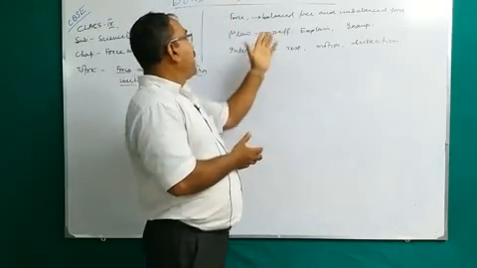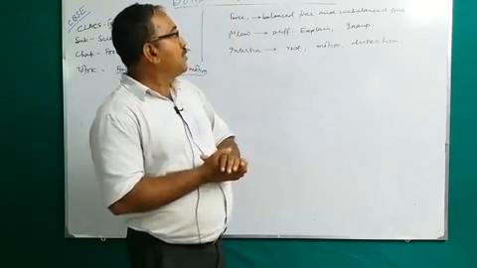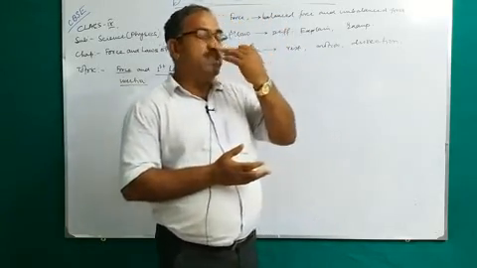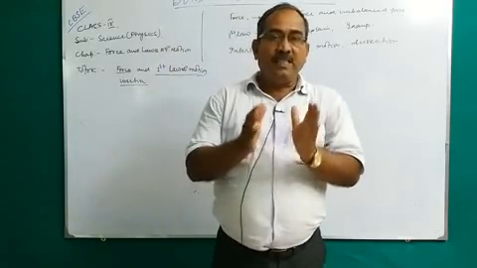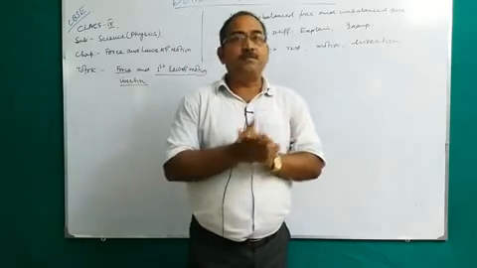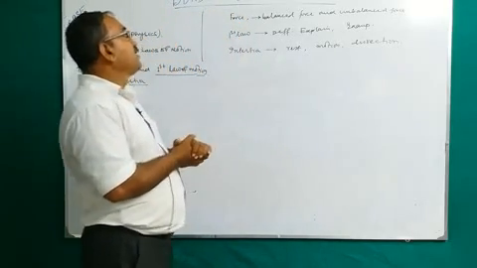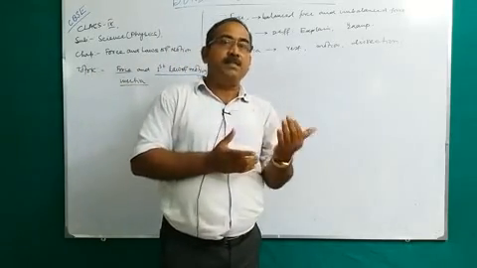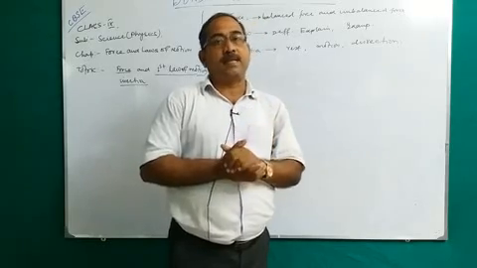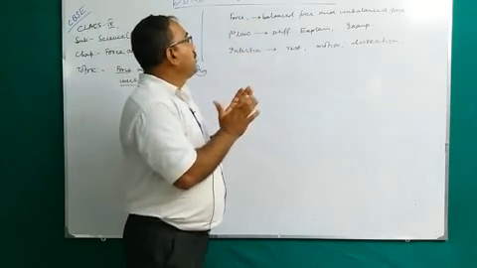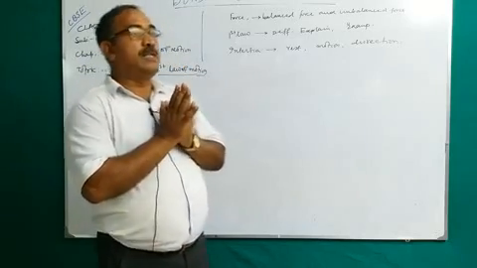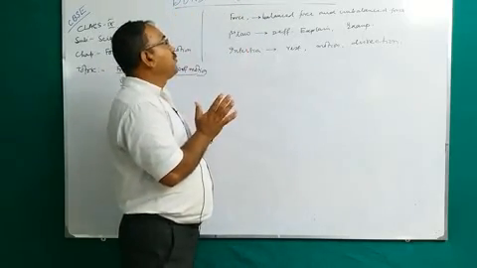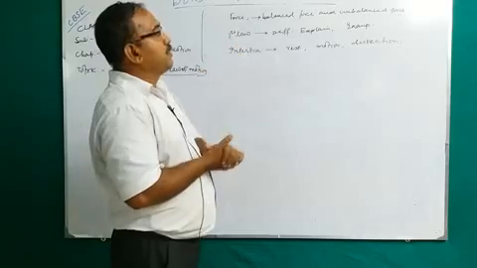Next part is balanced and unbalanced force. It was also discussed in your previous class. Balanced force means the algebraic sum of all forces is 0. Why do we use the algebraic sum? Force is a vector quantity, so it has a particular direction, that means it has minus and plus signs. So when you use the algebraic sum, it follows the vector rules and the minus and plus sign. When the resultant force is 0, that means it is a balanced force.